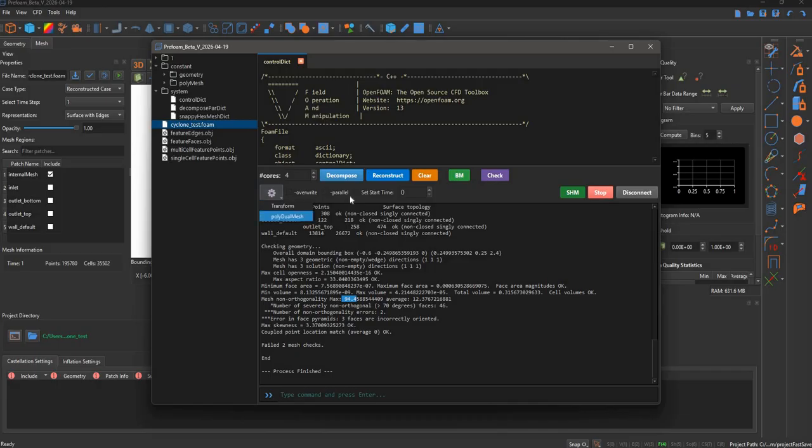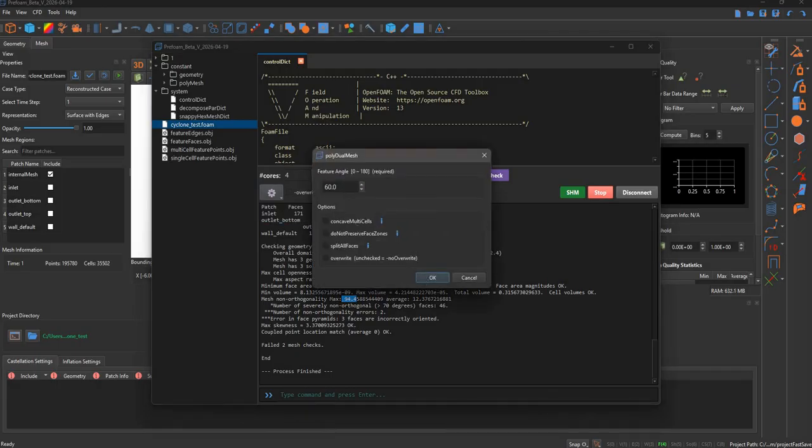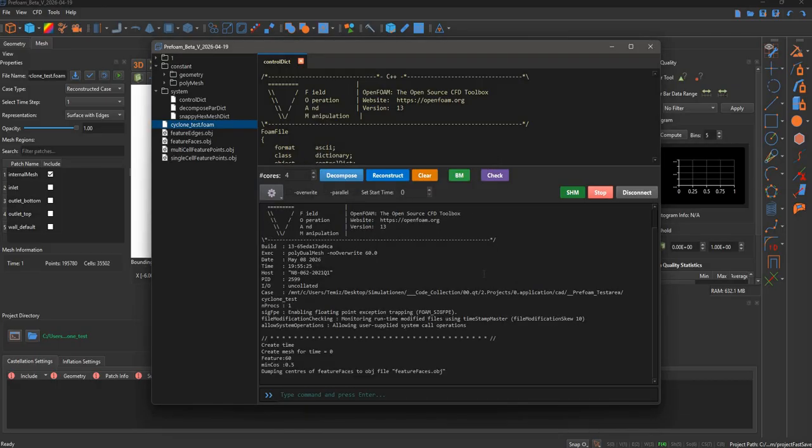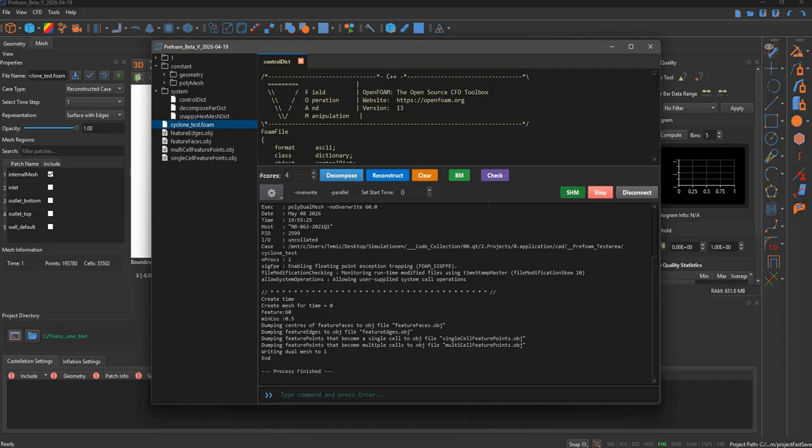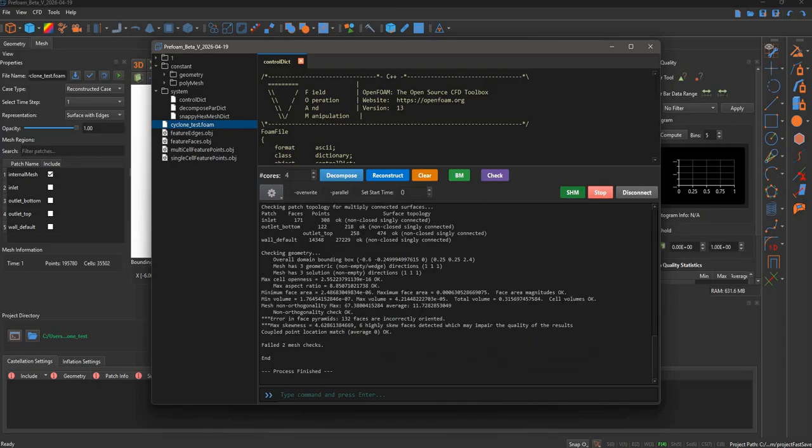So let's stick to this value. And then check again. Okay, it did create incorrectly oriented cells. However,